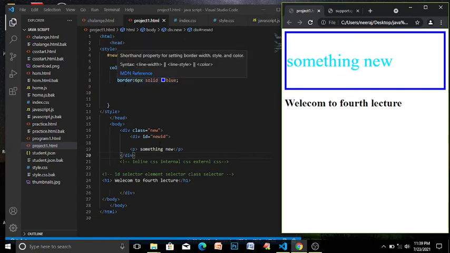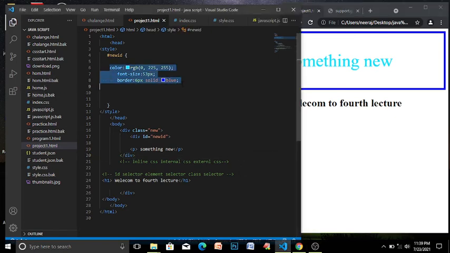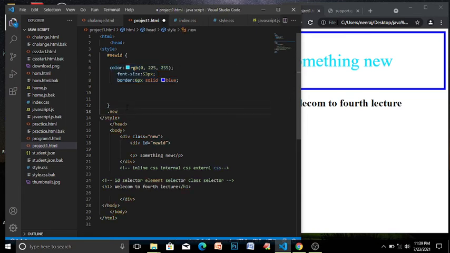And if we want the same property to be applied on this too, then we keep this div outside of the class. Or we can write the same property again. Let's copy the property and write it on our class named new.